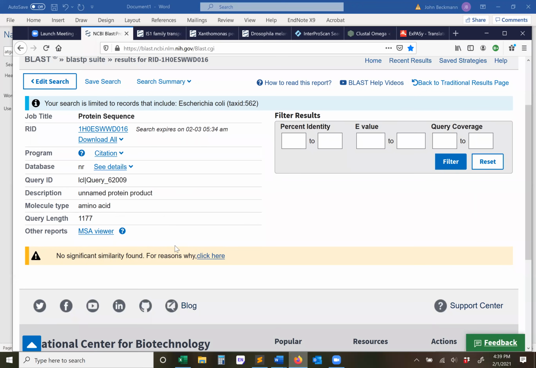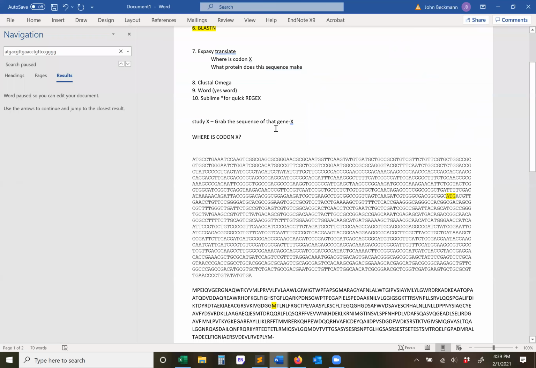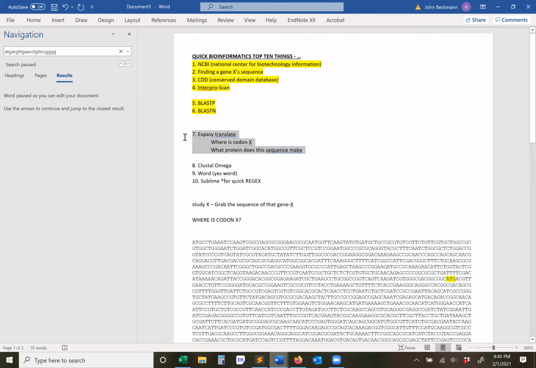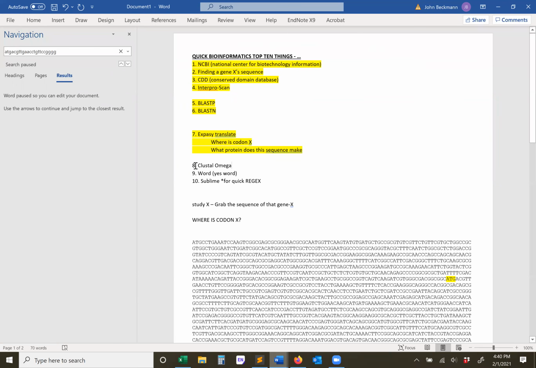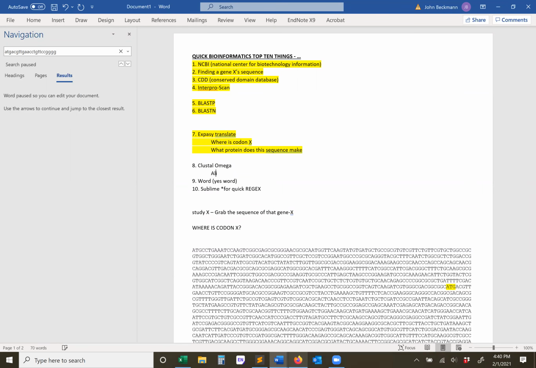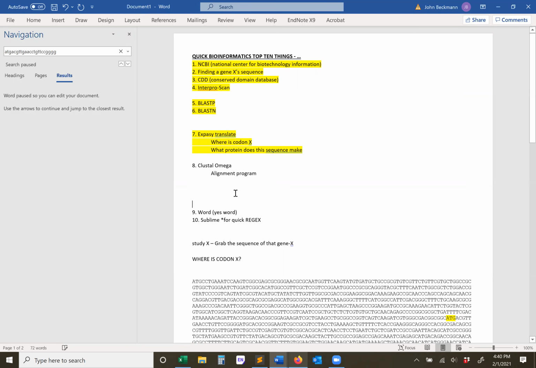Okay, so if it's not there, it won't find it, and it'll tell you that you didn't find it. So that's the gist with BLAST. That's the gist with Expasy Translate. These are done. Let's quickly go over Clustal Omega. So Clustal Omega is just a common alignment program. The situation under which you would use this is if you have a list of orthologs and you want